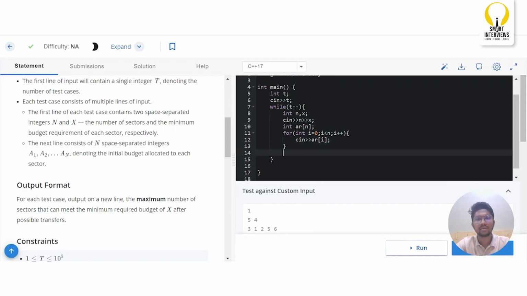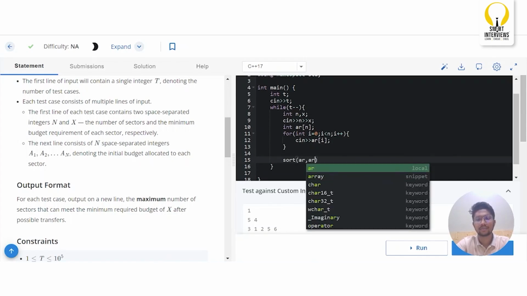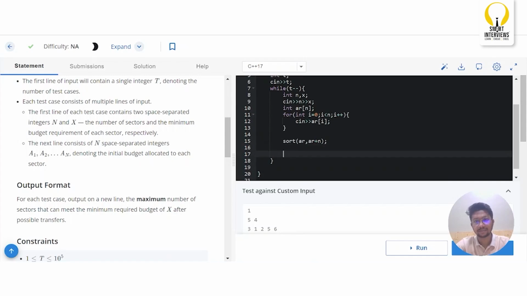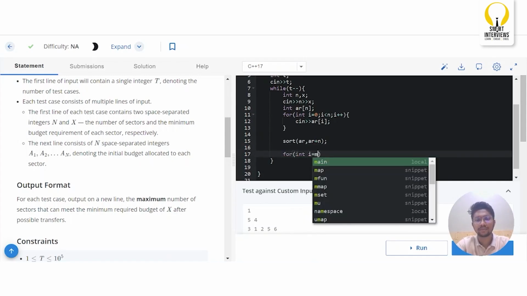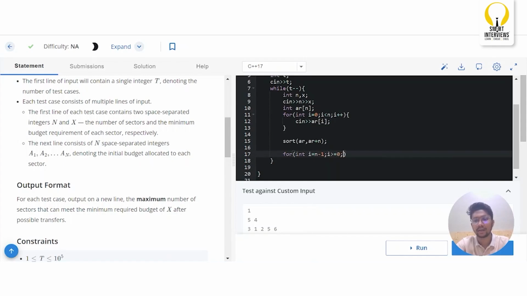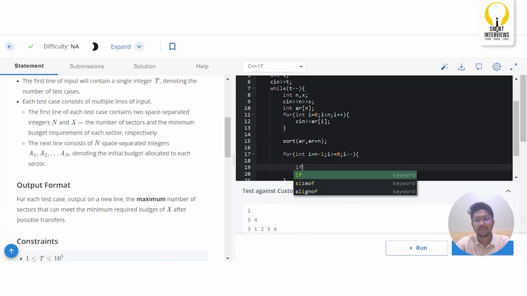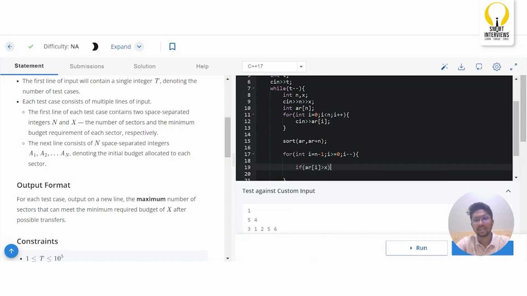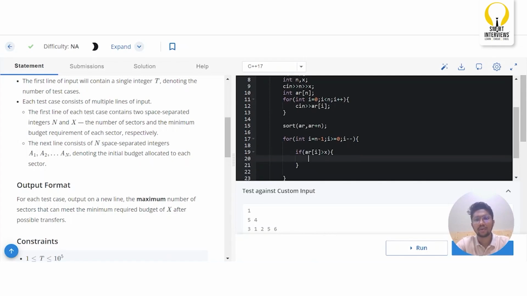Now after the array elements, we'll sort the array. After sorting the array elements, what we have discussed, we'll iterate from the back side, from I equal to 0 and I decrement. Cool. Now we have a condition. If array of I is bigger than the minimum budget, so what we'll do now, we'll have some